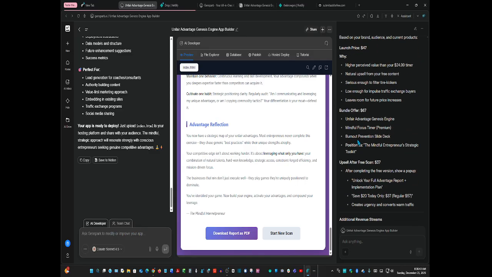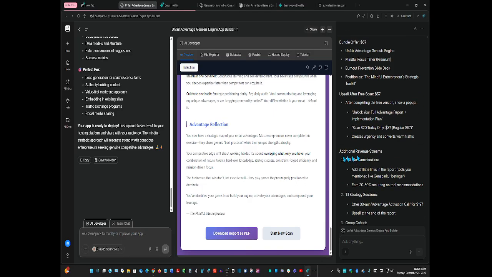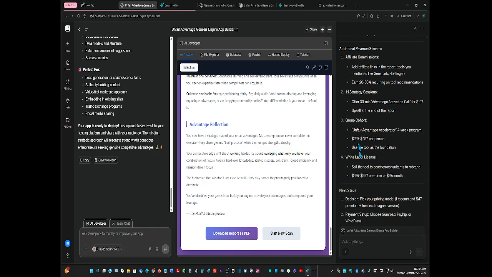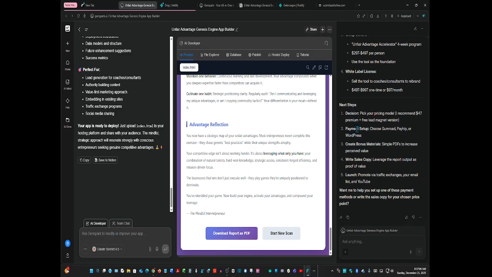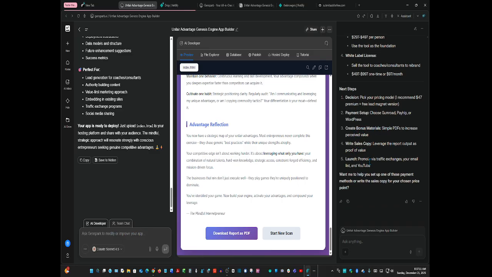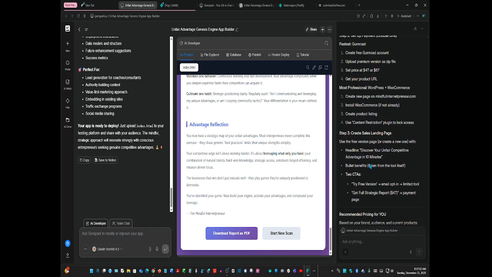$47. Upsell after free scan, $37. I have to get the slide deck. I gotta get my store up and running. Let's see, additional revenue streams. No, we're not gonna do that because now you gotta worry about paying people. Okay, and that's another program that I need. All right, now the one I like best is going to be